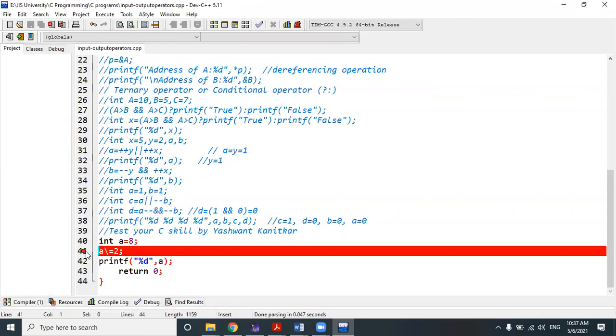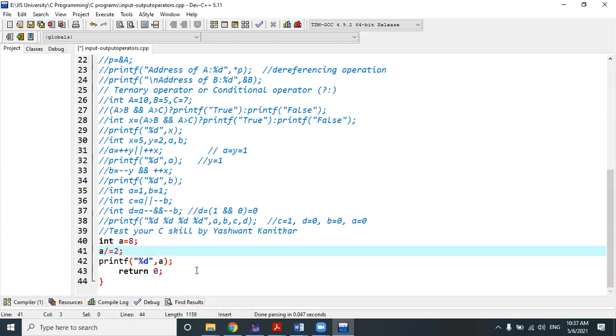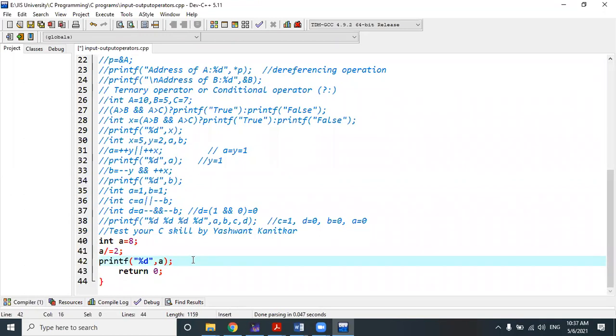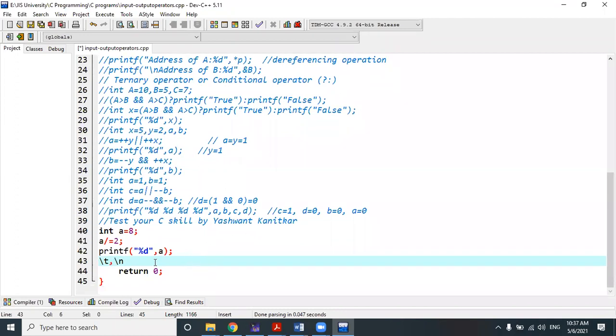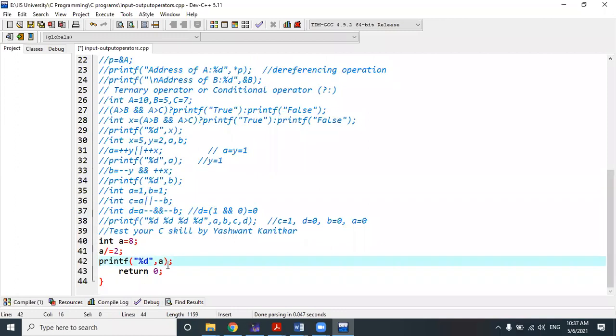Backslash is generally used in printing, for giving a new line. It is a special character, you can say, an escape character. If you want to give a new line or a tab, you can use backslash t for tab. For giving a new line you can use backslash n. So this kind of operation you can do with the help of backslash. Tab means giving 4 consecutive spaces, that is called tab.